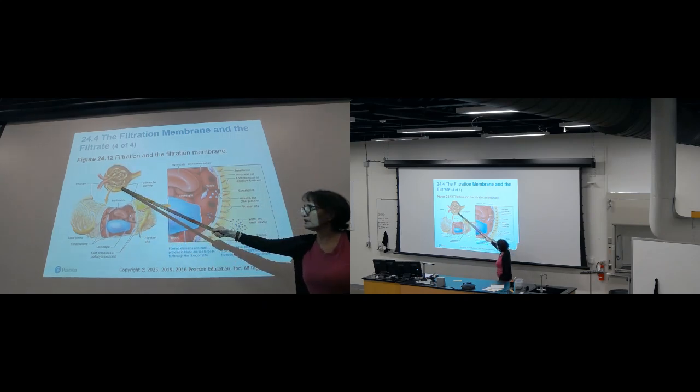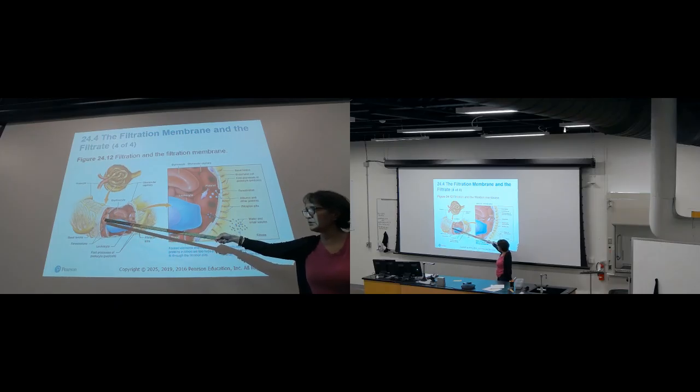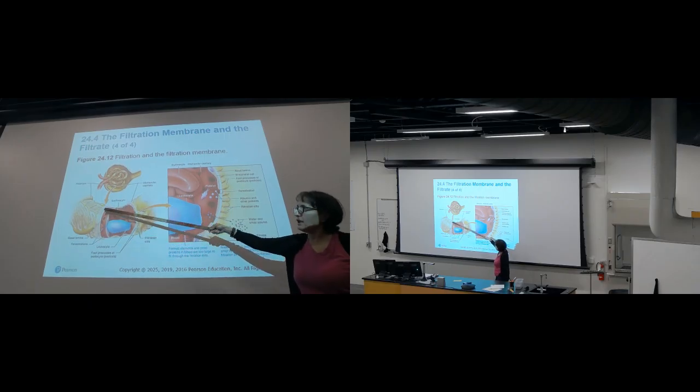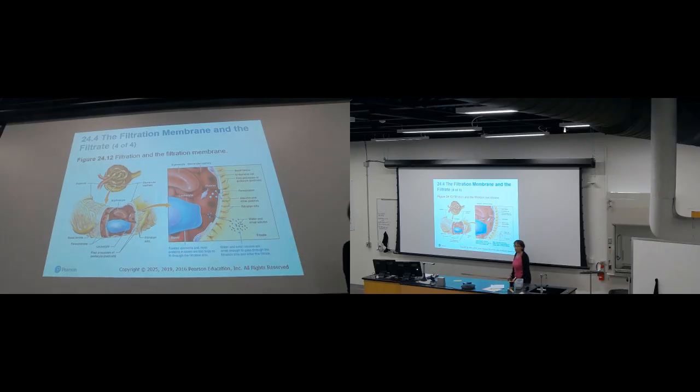So if you magnify this, you can see that the filtration membrane is made by the wall of the capillaries, the glomeruli, the basal lamina, and the visceral part of the